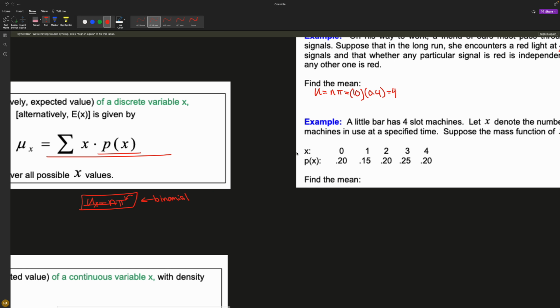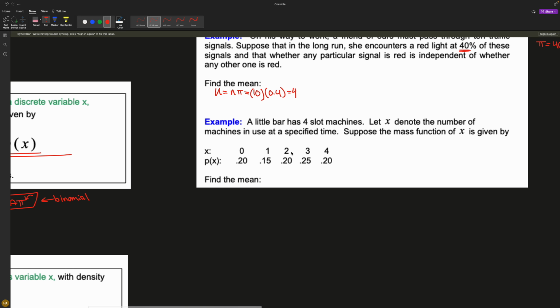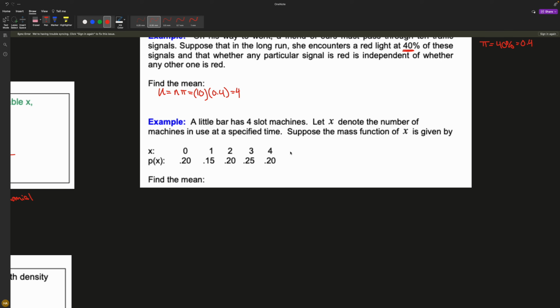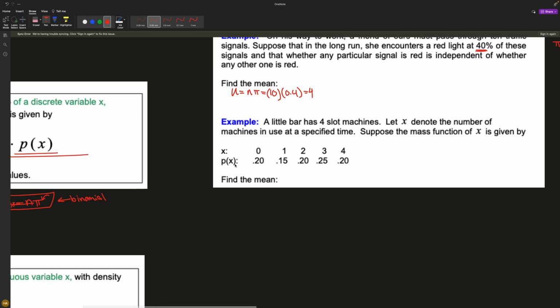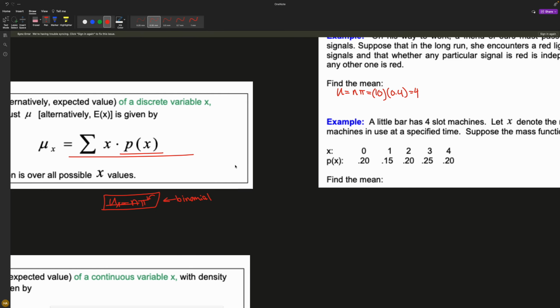So next question. A bar has 4 slot machines. Let x denote the number of machines in use at a specific time. Suppose that the mass function of x is given by this. Find the mean. Now remember, we said for a discrete variable, not binomial,